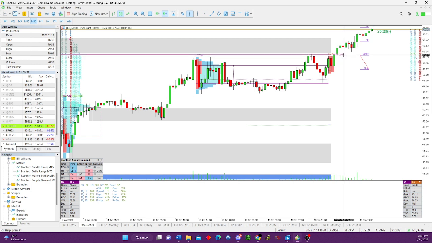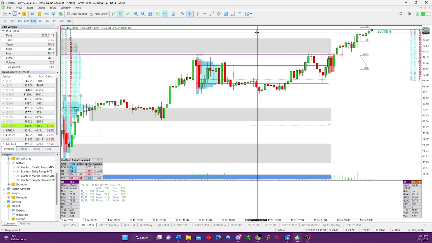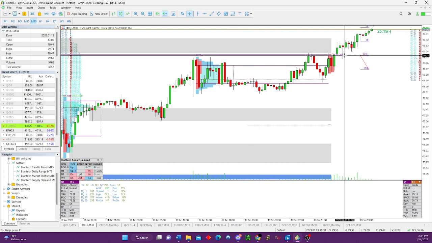Another reason why I decided to take this trade is because the initial balance was small. Now, how do you know if it's small? You measure the high to low. The high to low of the initial balance was only about, let's round up and say, 60 ticks. Okay, 60 ticks. Now what does that tell you? It doesn't tell you much. But